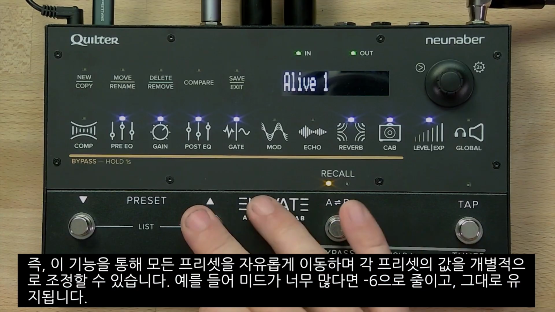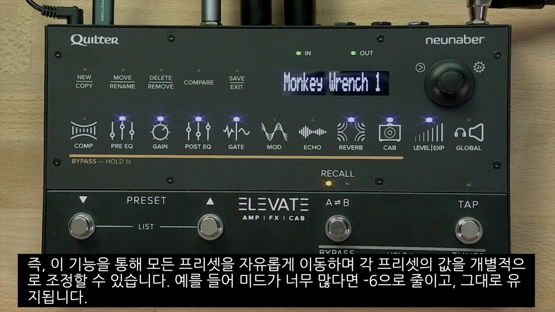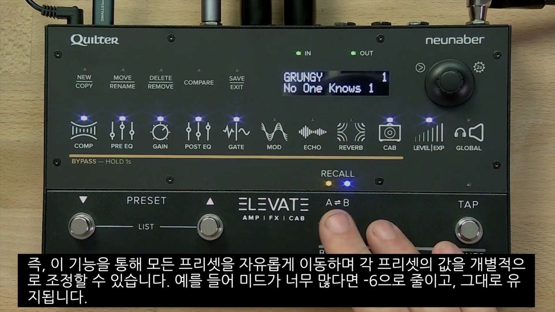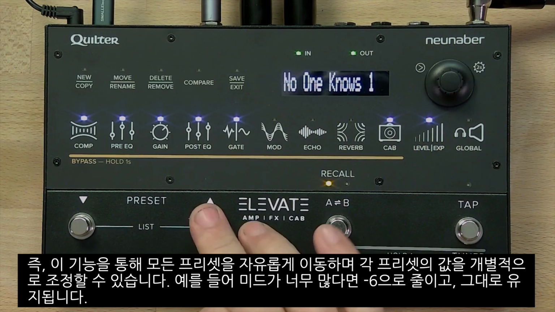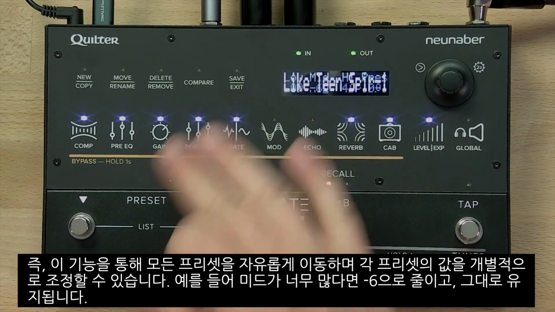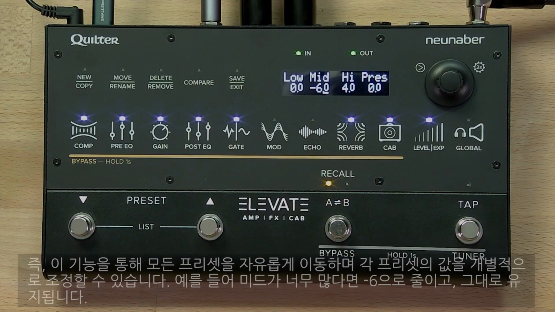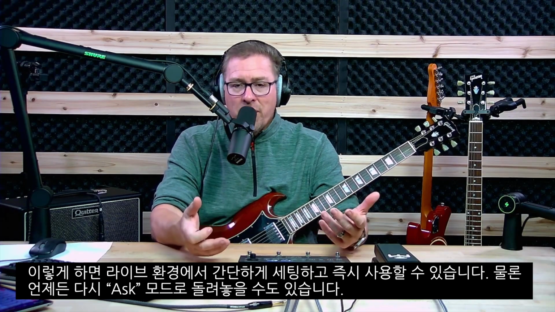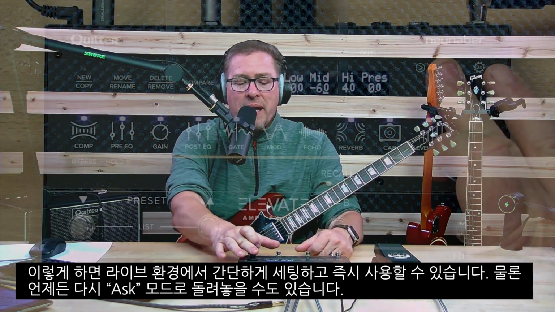So what this is doing is it's letting me roll through all of my presets and adjust each one of them. So again, it might be a little too much mid there. So we put it at -6. And it stays at -6. And all that said, there's a quick, easy way for you to set the unit up and operate with it live. You can always put this back and